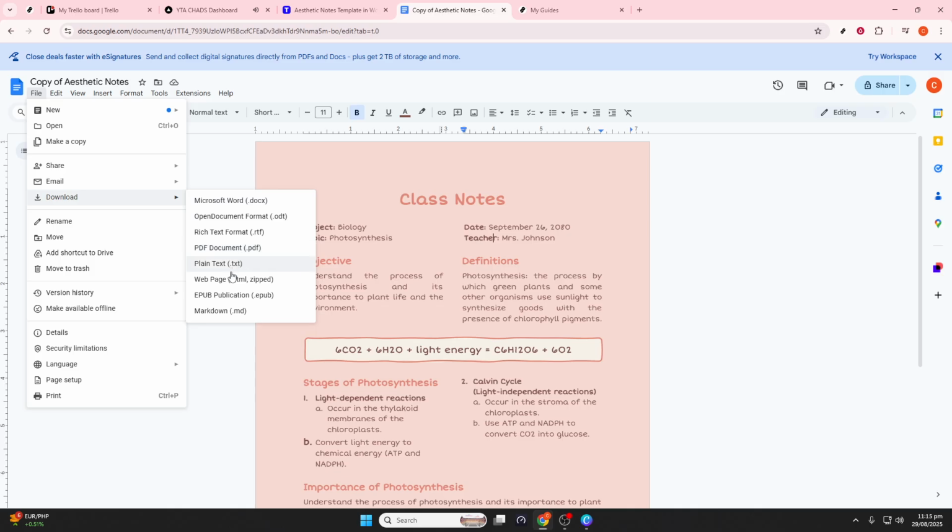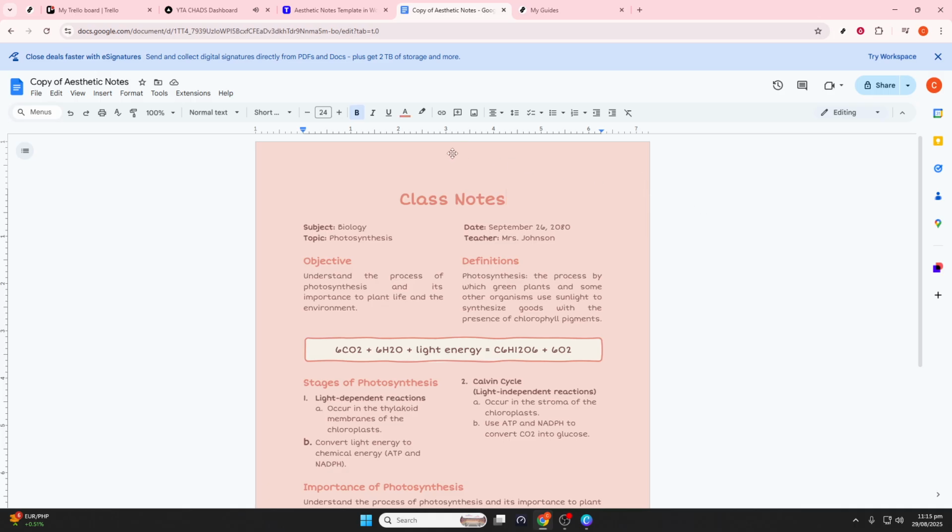Depending on your needs, whether it's for professional printing or digital sharing, you'll want to choose the most suitable format. For this tutorial, we'll go ahead and click on PDF Document PDF. PDFs are favored for their wide compatibility and professional appearance, making them an excellent choice for any finalized document. Your beautifully crafted notes or presentation will now be saved in a format that ensures it looks as intended across